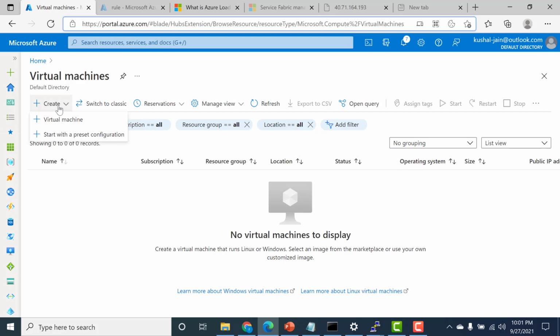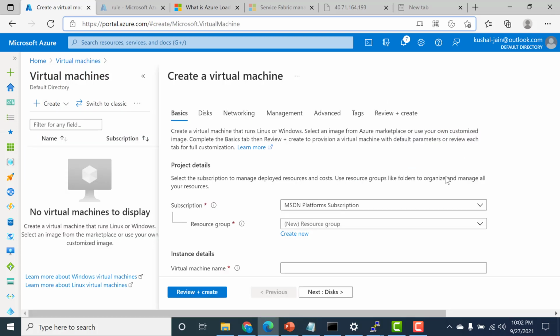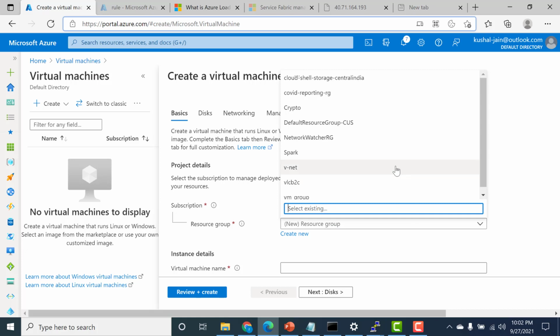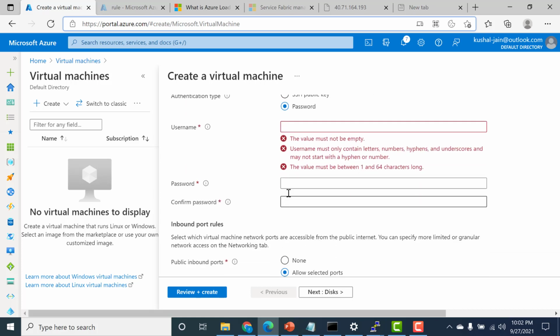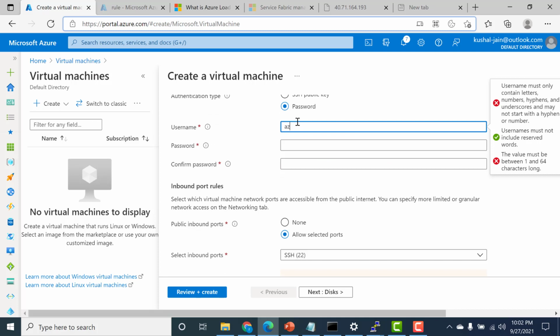So I'll click on create. I'll create it in my VNet resource group. I'll just call this VM, and it'll be in East US. And let me just give a password.